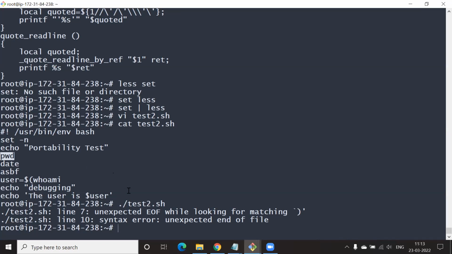It is not executing the commands, but it is checking the syntax errors. If you notice, PWD, date, it did not run any one of them. It's just checking if the syntax is correct or not.